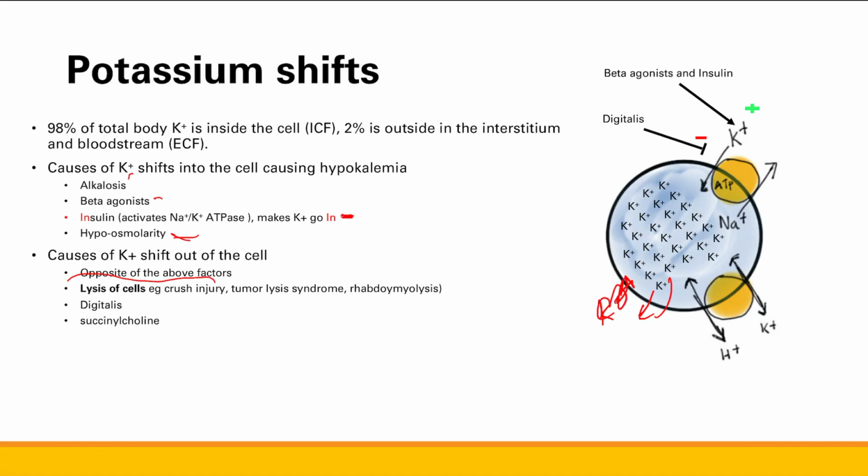So lysis of the cells can occur in things like crush injury, tumor lysis syndrome, and rhabdomyolysis. Okay. Next is digitalis. Digitalis works in the opposite direction of beta agonist and insulin. It blocks that sodium potassium ATPase, so you get less K into the cell basically. Finally, succinylcholine. Succinylcholine lyses the cells, and the opposite of the above factors all cause